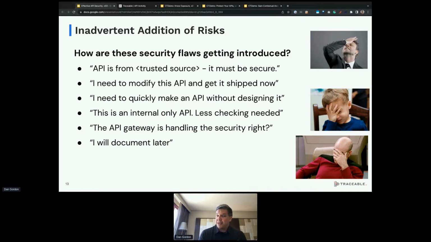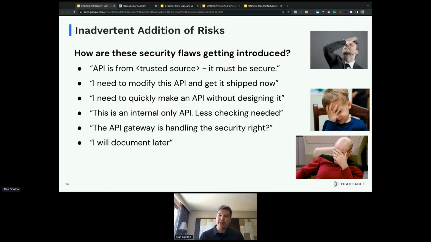We also have a challenge sometimes of assuming that the API gateway is doing all the authentication and authorization, so we don't need to. So we write our API without thinking about it because something else is handling it. That's dangerous. That means we need a better overall plan and agreement on what is going to be doing that, and ideally checking at two points, right?